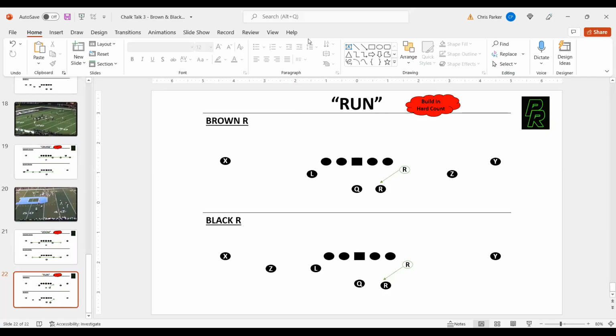And that's basically our brown and black sets that we like to do a lot of different things that way. We'll come back next time, talk about some different